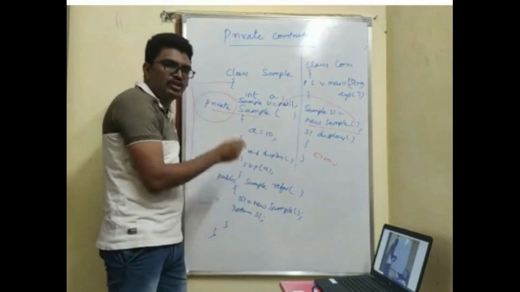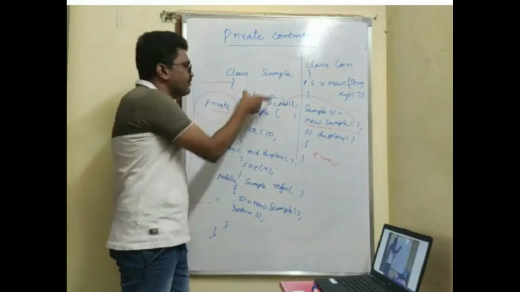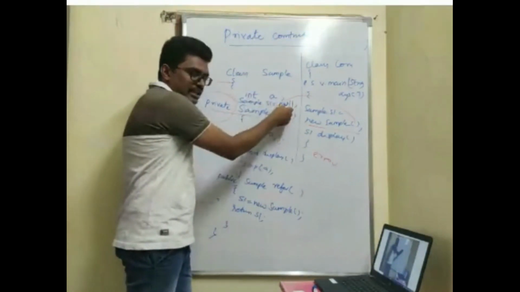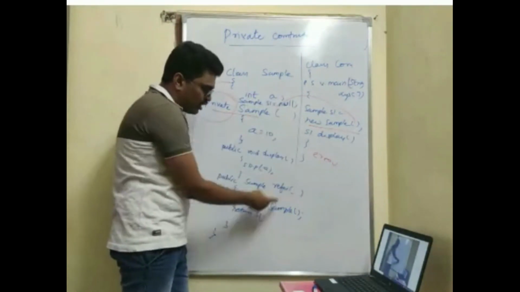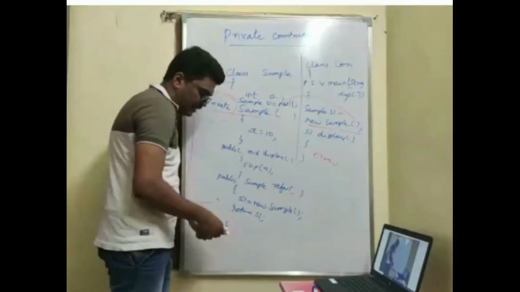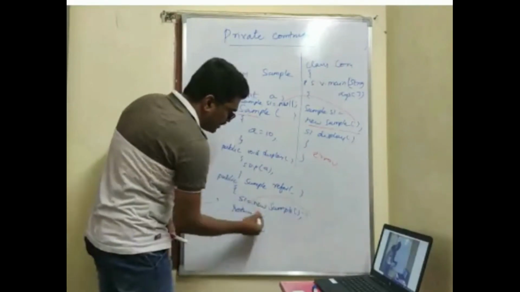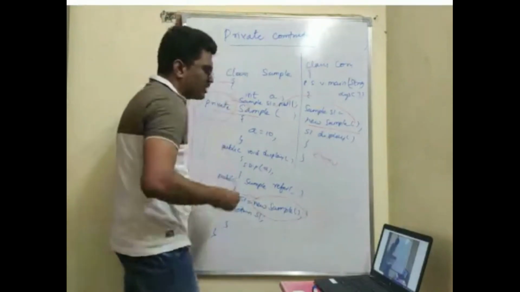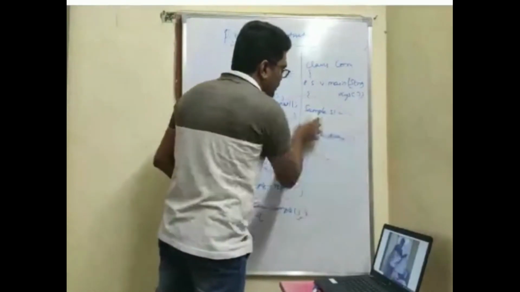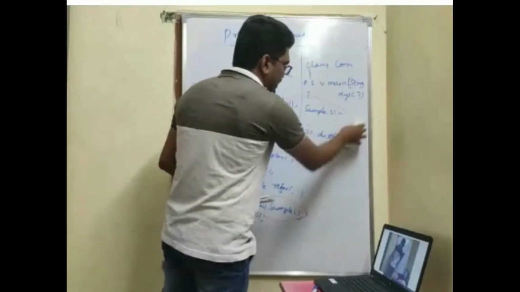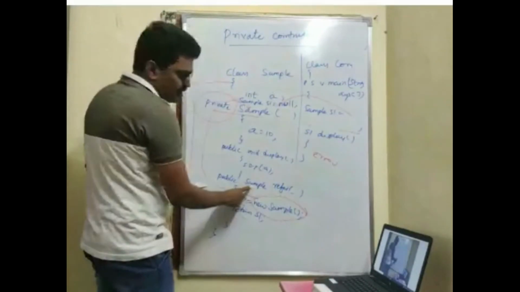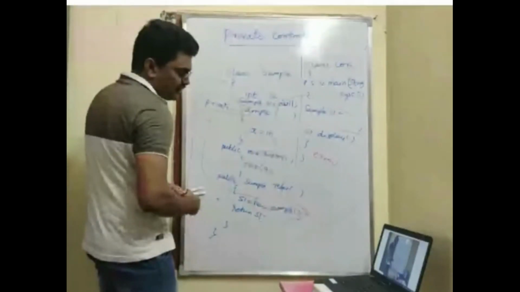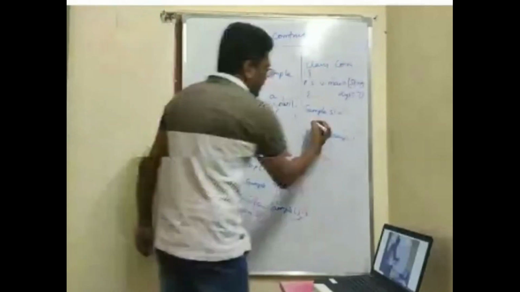To return that, I define one object here which is initially null. Whenever this method is called, I initialize it with the constructor. See, I am calling this new Sample here, and it will go to this constructor. Here I cannot do this; we are getting an error. So what we'll do is call this method. What is the method? Refer.